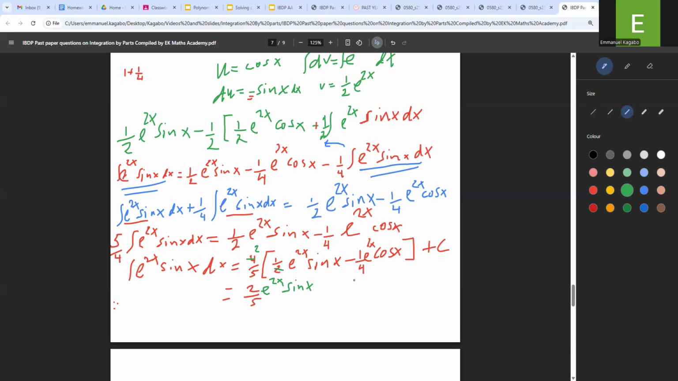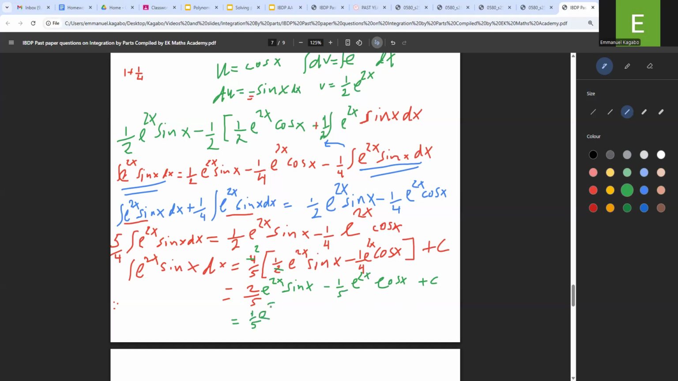Then what about this times that? It will give me 1 over 5 e power 2x cos x. Then plus c. Is that okay now? So when you check, 1 over 5 is common, and then also e power 2x. So that's writing it better. So I can factorize 1 over 5